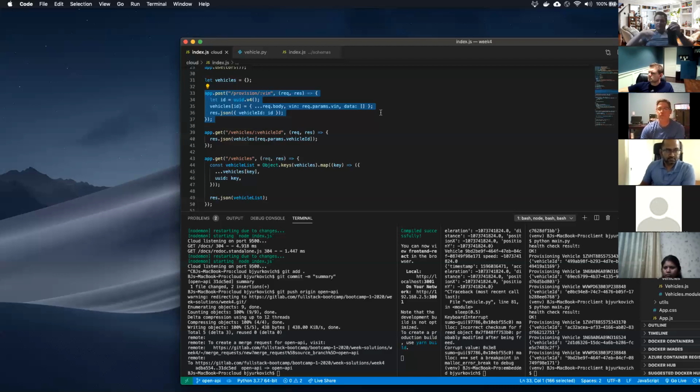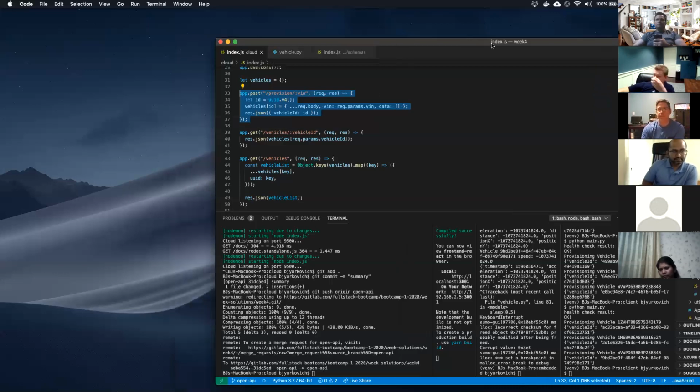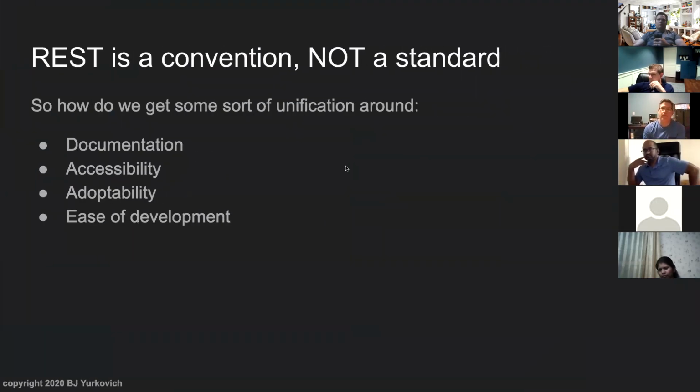So there's a number of different things that can happen, and you get this web of different things going on, and it can get pretty complicated. But to kind of what you said, the client doesn't really know what's going on. It's true. The client really only cares that the server keeps its contract. What I mean by contract is that the server's saying, when you do a GET request, my contract says that I'm going to return data of this ID to you. As long as the server keeps its contract, the client can expect that.